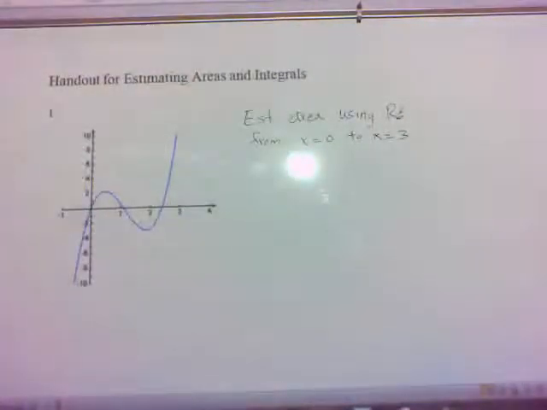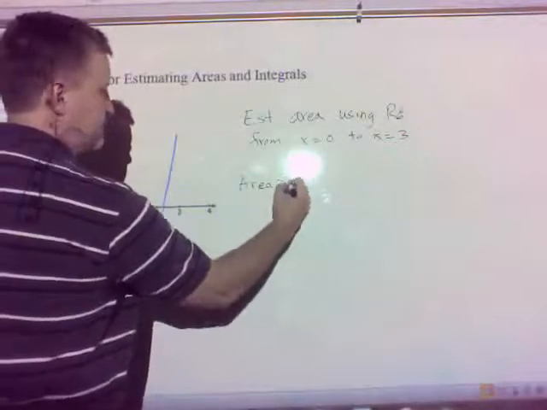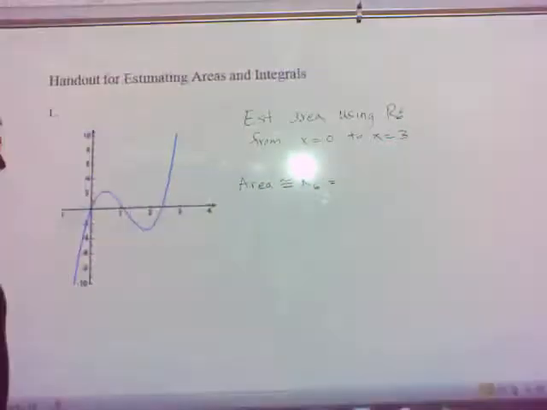I'm going to estimate the area under the curve from x equals 0 to x equals 3 using this, what we call R6, which means what? Right-hand endpoints, 6 rectangles. Okay? So our area, approximately R6, equals, well, it's going to equal,